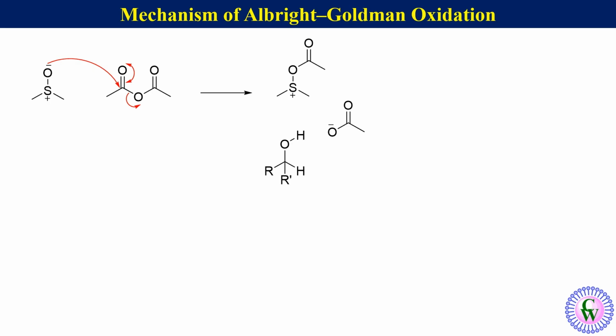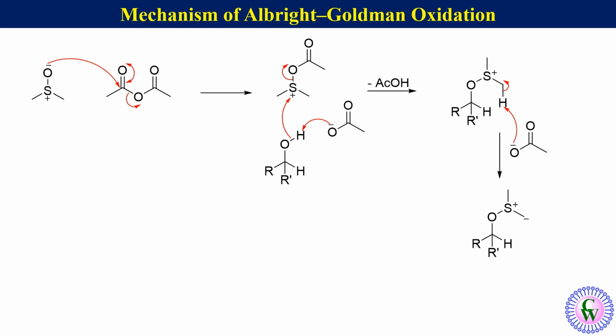Alcohol then attacks on sulfur of the active species, which is assisted by acetate ion to produce acetic acid and alkoxy dimethylsulfonium ion. Methyl protons are acidic due to presence of positive charge on sulfur. Acetate ion then abstracts one of the methyl protons to produce this sulfonium ylide, which removes dimethyl sulfide to produce